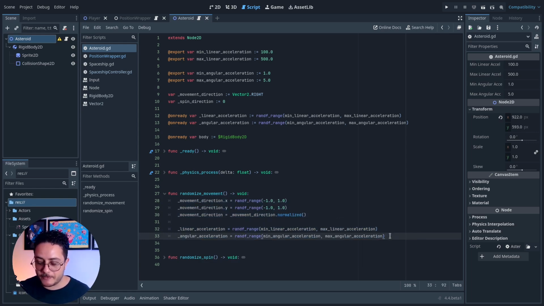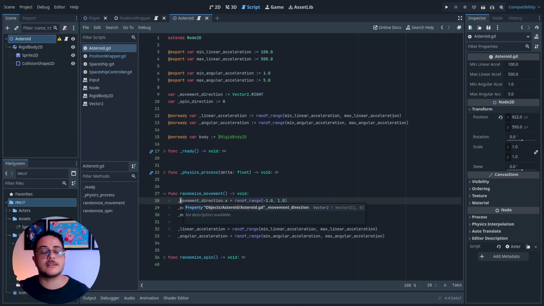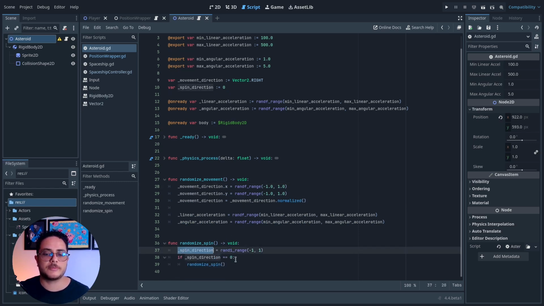So it basically encapsulated these procedures, providing a better interface to the outside classes so that they don't have to do all of these themselves, running the risk of creating some errors in the code. And I did that by simply giving a name to the procedure of randomizing the movement of this asteroid. The same happens with the randomized spin, but in the randomized spin, you can see that I have a recursion